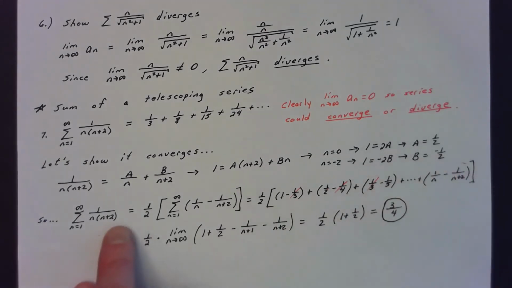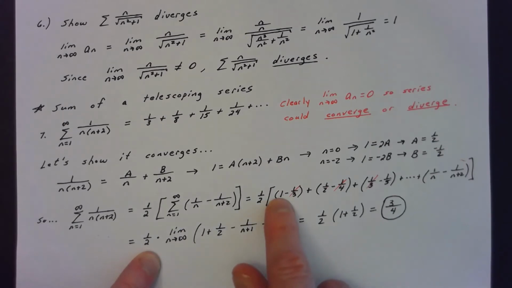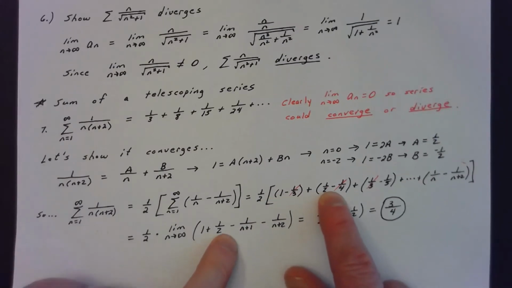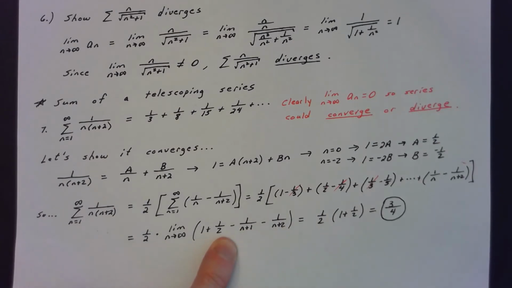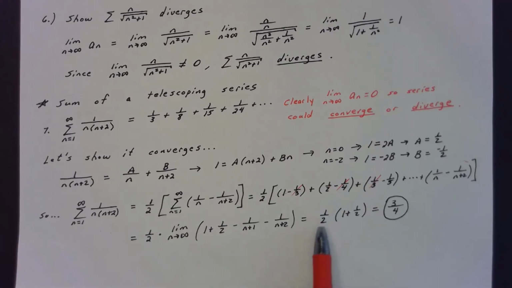So I'm coming down here and saying, well then this summation is going to equal 1/2 times the limit as n approaches infinity. What are the only terms that will never cancel in this case? 1 plus 1/2. And then these really become irrelevant, but I went ahead and put them: minus 1 over n plus 2, minus 1 over n, minus 1 over n plus 1, minus 1 over n plus 2. Why did those last two become irrelevant? Because you're taking the limit as n approaches infinity. So does it really matter if you're subtracting off 1 over infinity, minus 1 over infinity? Nope, those values go off towards 0. So we say our limiting value is just 1/2 times the group 1 plus 1 over 2,